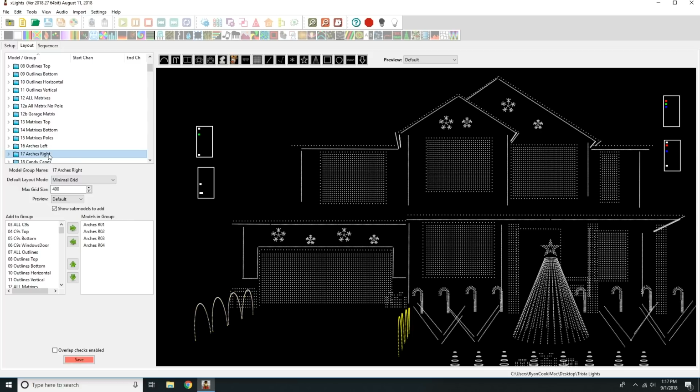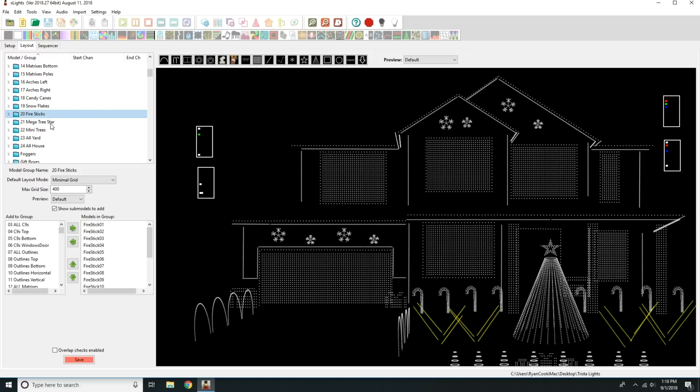I've got my arches left and arches right. I've got my candy cane group. I've got snowflake group. I've got fire sticks in my yard, or what I call fire sticks. So I'm going to have to figure out something to map over to those. As you'll notice as we go through this, the demo sequence that I created doesn't necessarily have all that type of elements you might have. You might not have all the elements that are in the demo sequence. So it's really up to you to pick and choose what effects you want to map over to the elements that maybe you don't have in the demo sequence. I'll show you that in just a minute here, but the main thing is I want to make sure all my smaller items are grouped into one